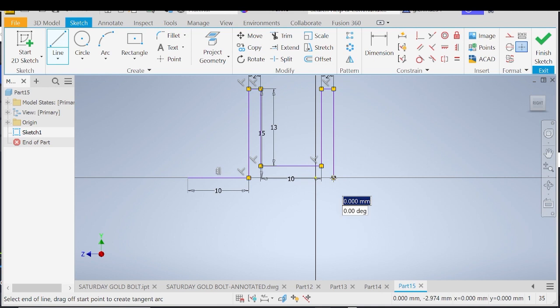So snap to that position, and then you click there, and then move to this direction and give it some 10 millimeters. Move downwards, give it a dimension of 2 millimeters, and then move to this side, and then snap to this position, and then click there,